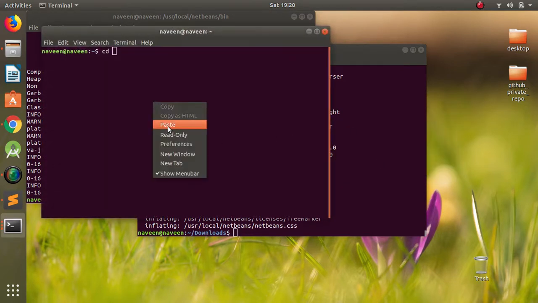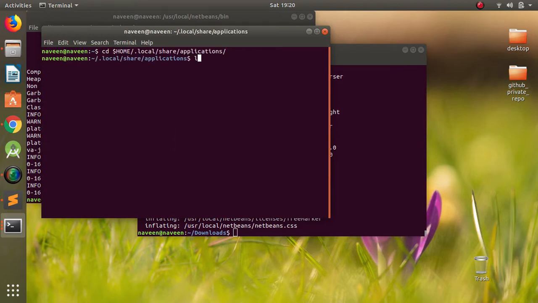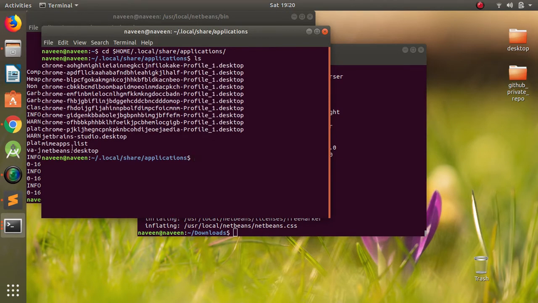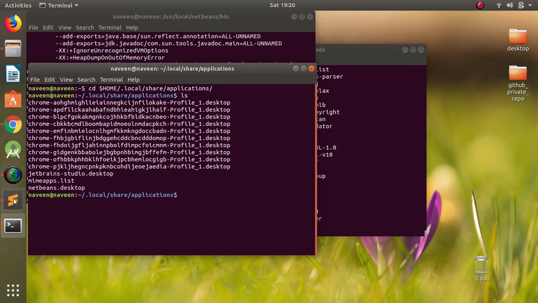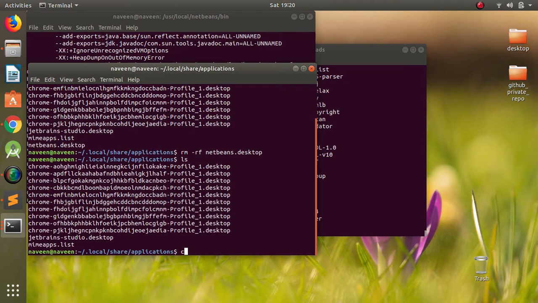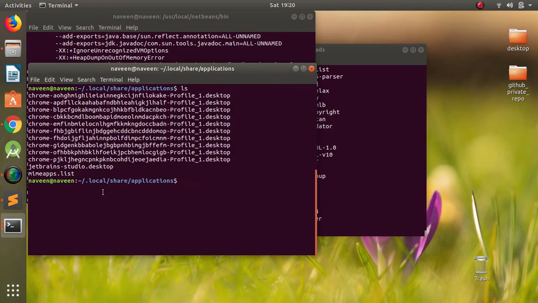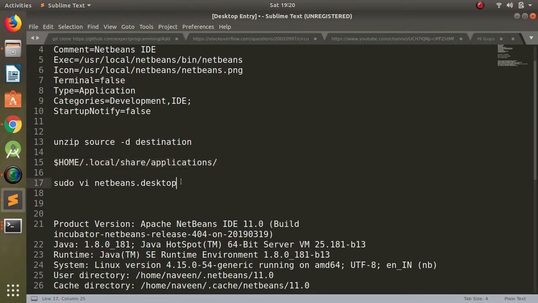cd, and you can see other shortcuts are there. So I will create my own shortcut. As you can see, there is no NetBeans shortcut. So just go to this folder and copy this line.